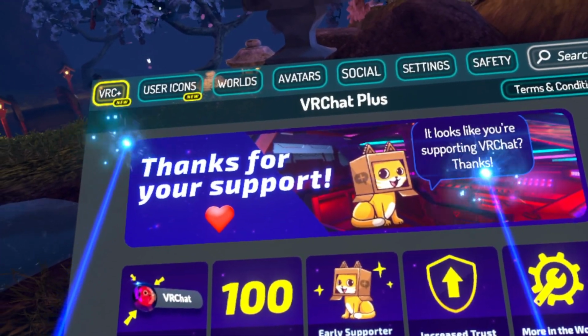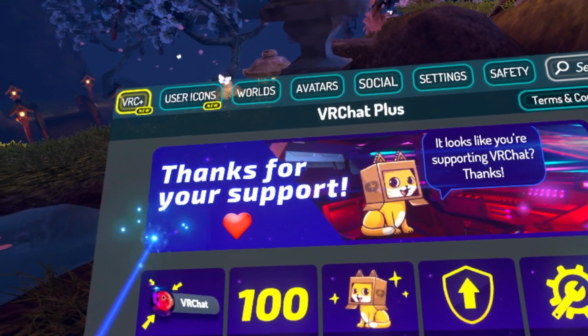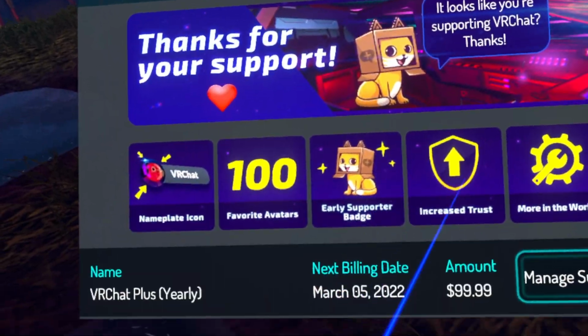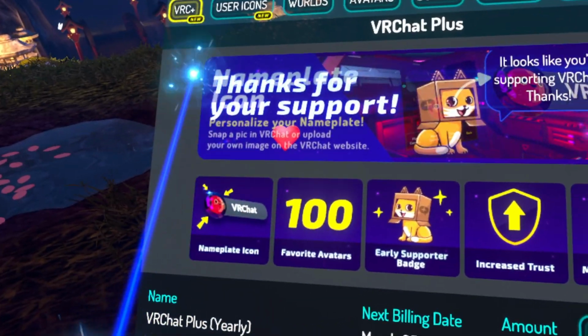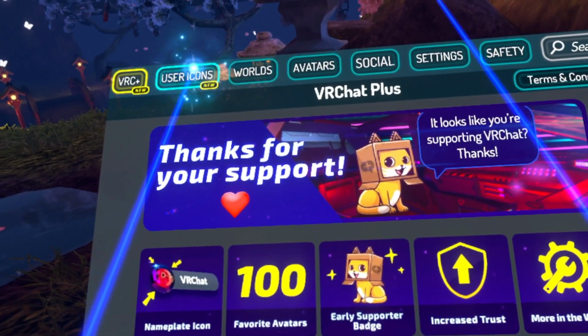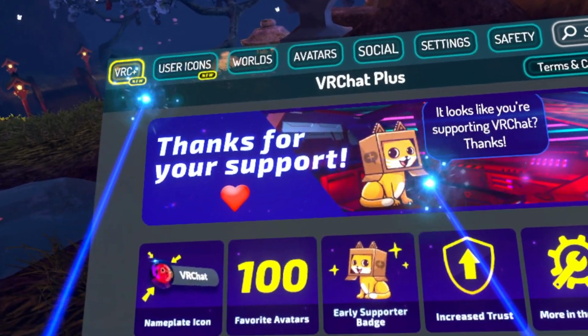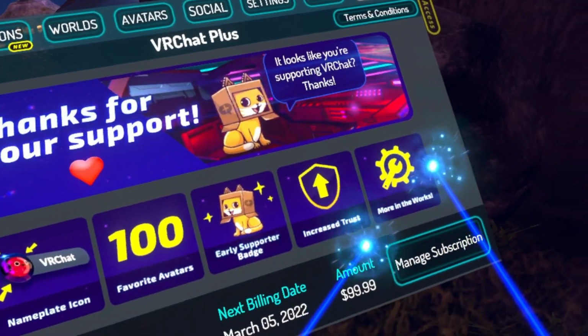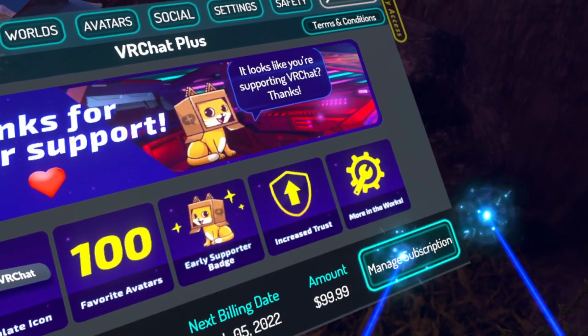If you have VRC Plus already on, you're going to see all the things that you get for having VRC Plus, as well as your next billing date and all the other fun stuff. If you do not have VRC Plus, it's just going to give you the opportunity to subscribe. And you can manage your subscription down here. No, you can't. You have to actually